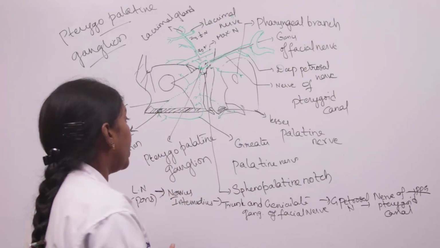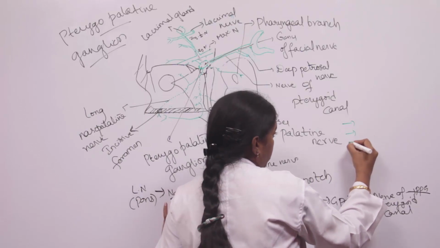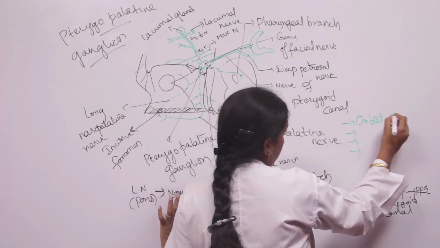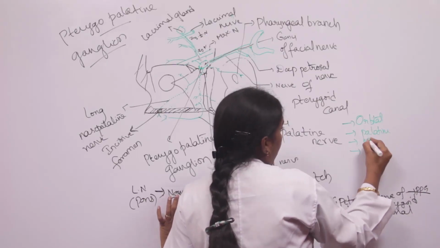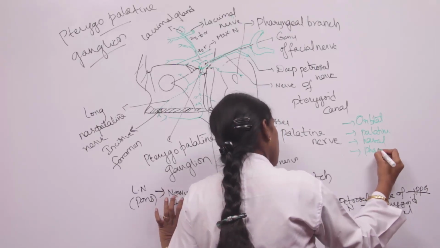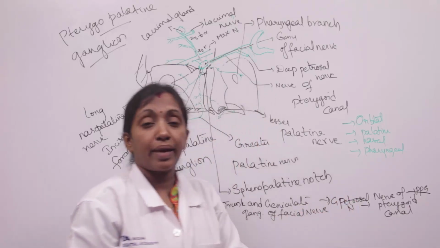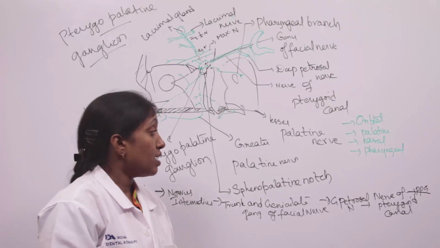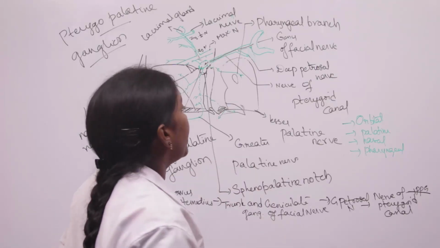Coming to the branches from the pterygopalatine ganglion, it gives four branches: orbital branches, palatine branches, nasal branches, as well as pharyngeal branches. So the distributing branches of the pterygopalatine ganglion are four in number: orbital, palatine, nasal, as well as the pharyngeal branches. Coming to the orbital branches,